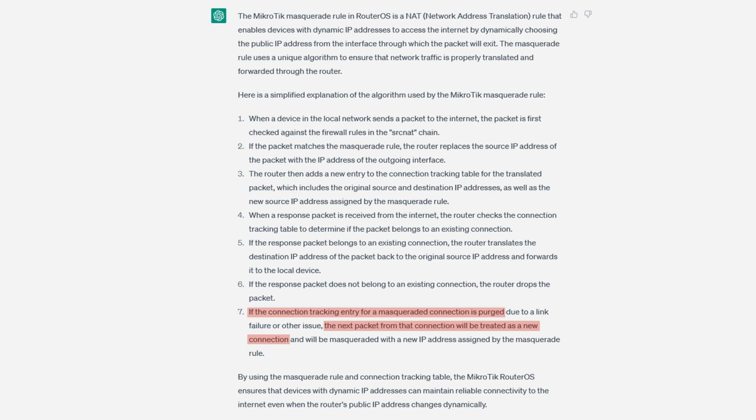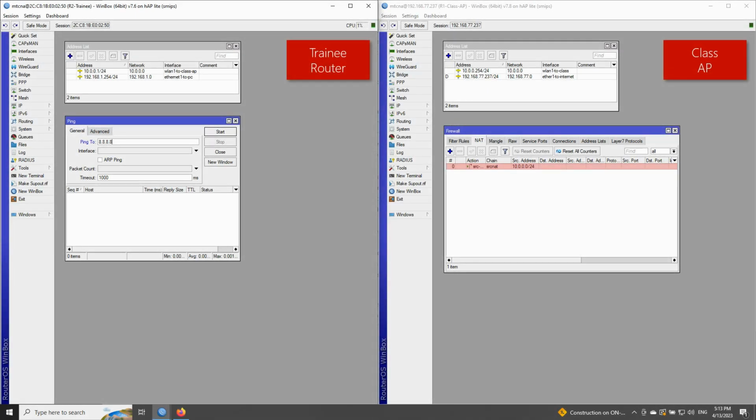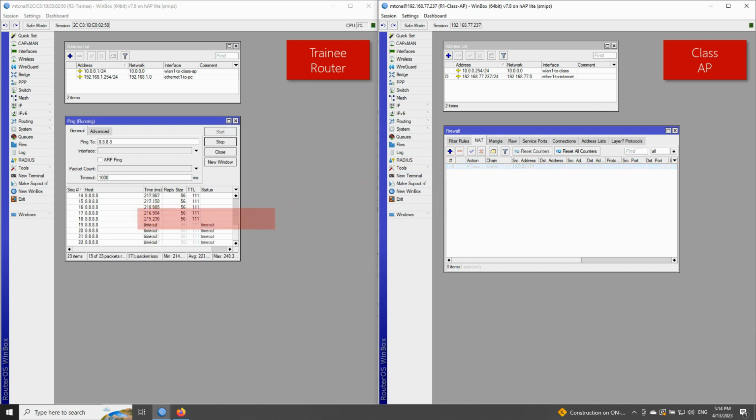So now that we know how Masquerade works, let's see it working in Winbox. Our source NAT is still in place, so as expected, the ping from R2 to 8888 works. But as soon as we remove that NAT on the class AP, the ping fails and gives timeout results. Now, to resolve this disconnect using the Masquerade action, all we need to do is to create a new NAT